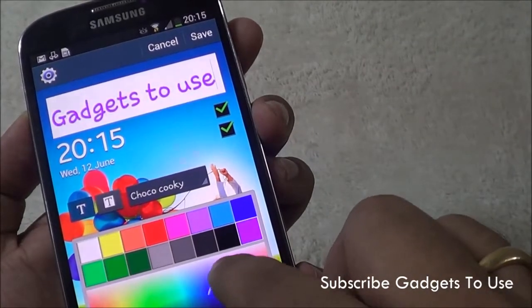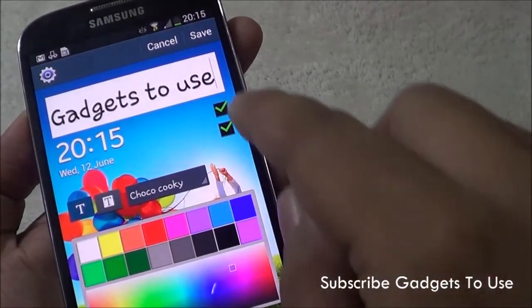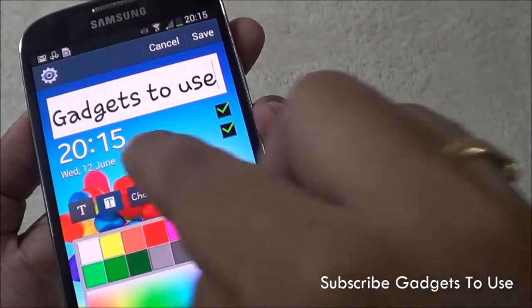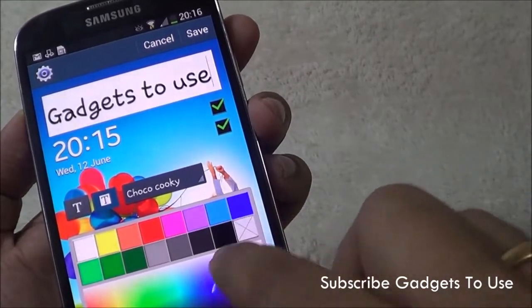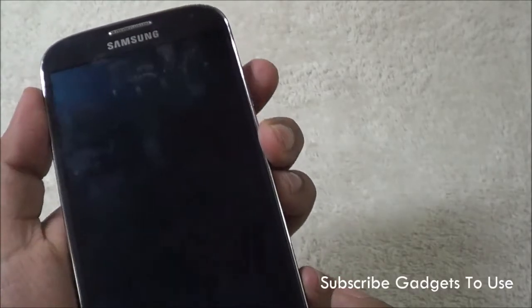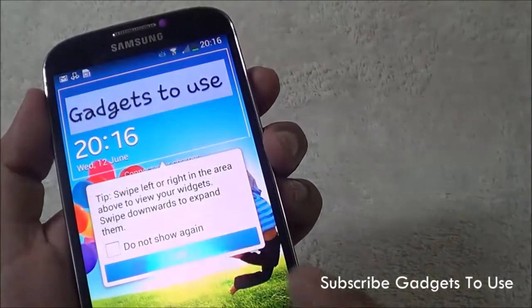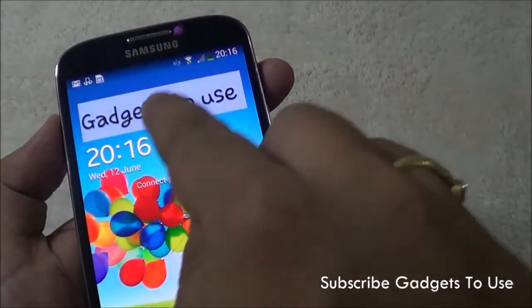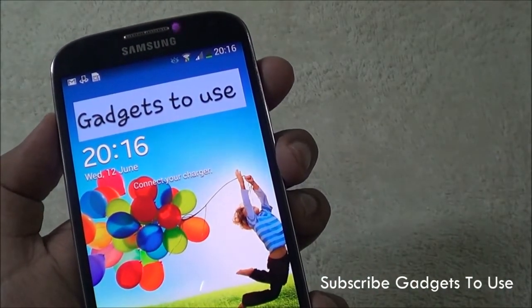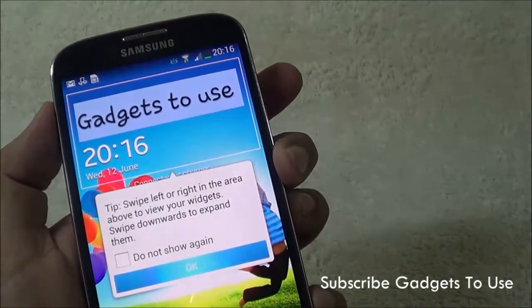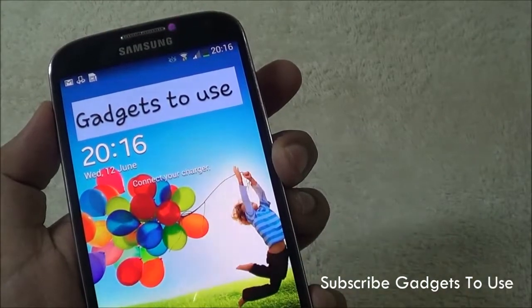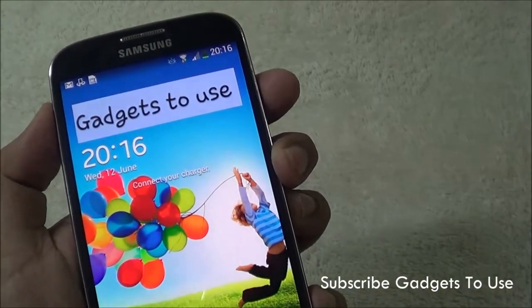Let me select this one, and for the background color let me select this, and once we do this, you will see the changes come into effect. So on the lock screen you have this custom message which we have just specified, and now it is displaying on the lock screen. This is how you can specify a custom personal message on your device to make it more personal.